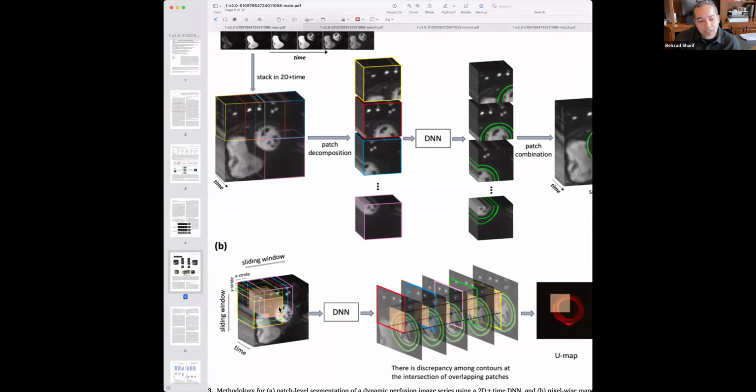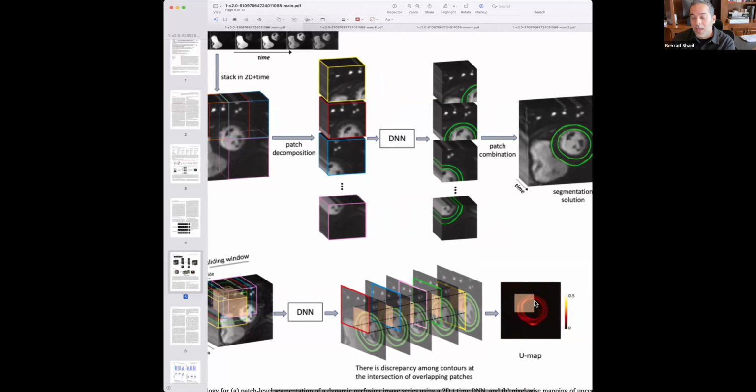There are many pixels here, if you could see my cursor, that are segmented multiple times by multiple overlapping patches. Here I've stacked the different segmentations that you get by feeding these patches to the neural network, and those little variations across the model index will give you an uncertainty map.